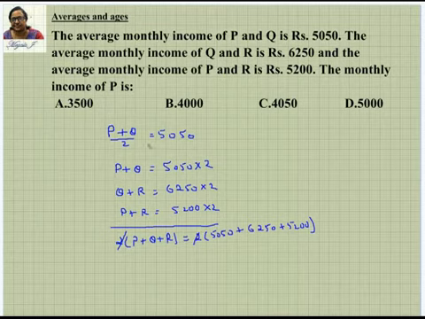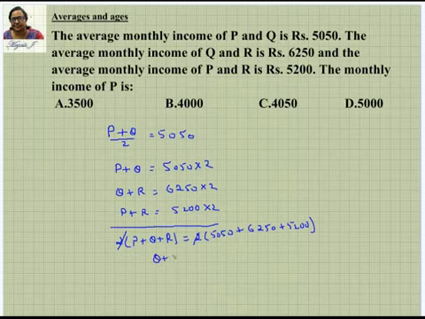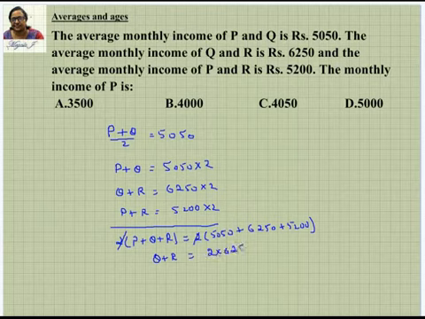When you want the value of P, that means I need to eliminate these 2. So you can consider this Q plus R, whatever is given here. That equation you can write here, like Q plus R. So what is Q plus R? It is nothing but 2 times 6250. And subtract this from this. So when you subtract this one from this, you will get only